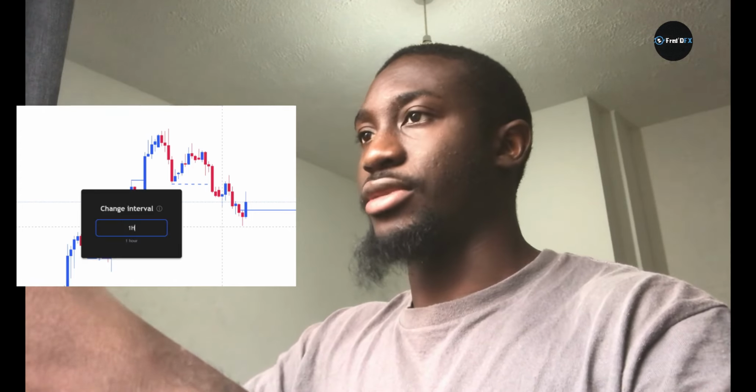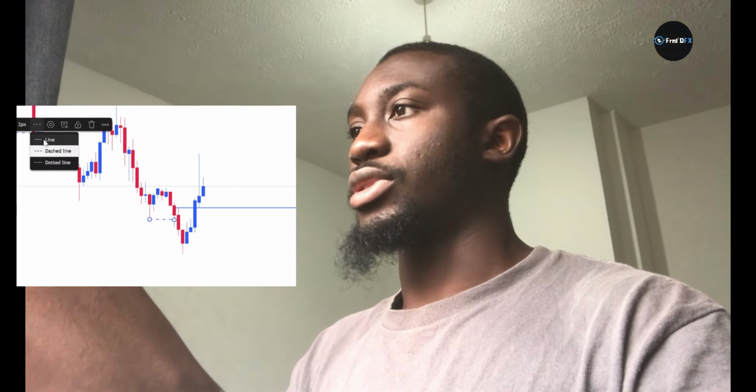Let me go down to the 1 hour time frame. Let me show you. Now change of character has occurred already. There was a break of structure from here, there was a break from here, and now there was a change from here. So I'm expecting a pullback down to this area before I will buy.